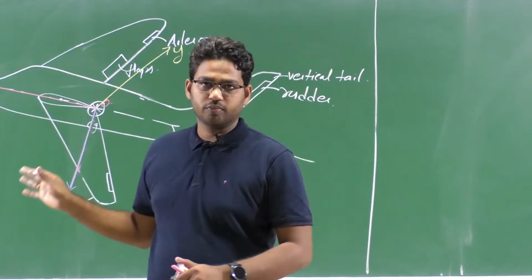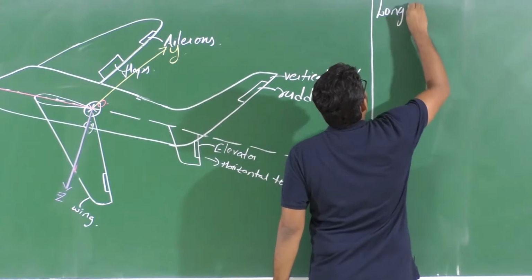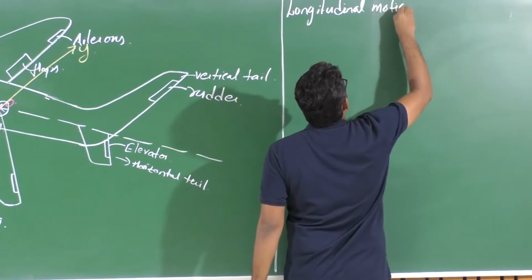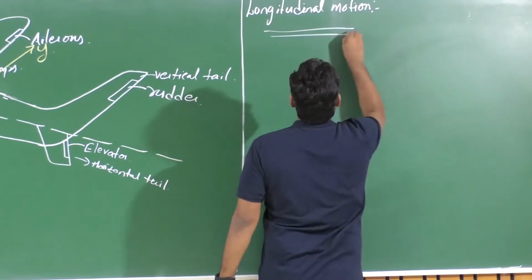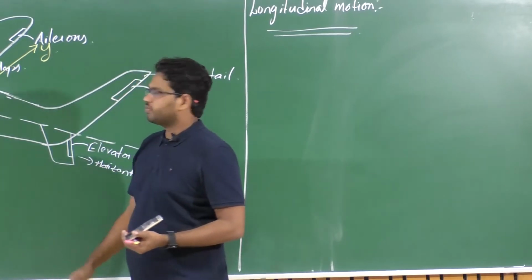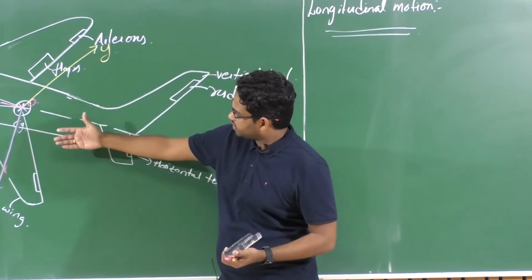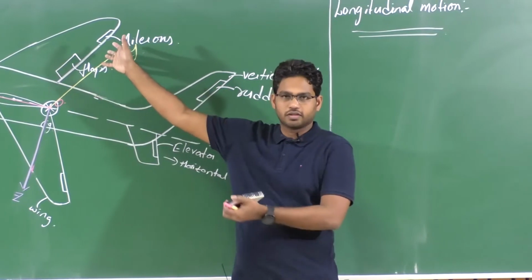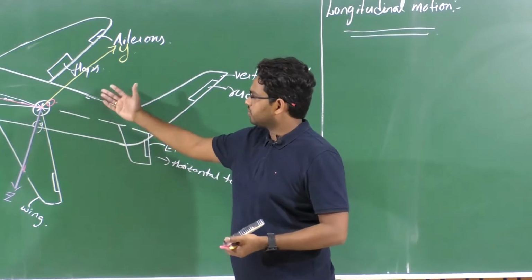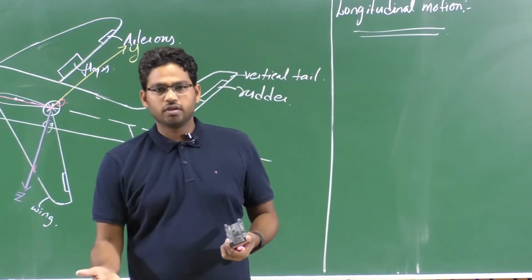So we have defined aircraft motion in two modes. The first one corresponds to longitudinal motion. You can also say this is a single plane motion, right? So for an aircraft or a UAV, we assume there exists a plane of symmetry. What exactly is it? We have a vertical plane about which the geometry, though it doesn't look symmetric here, but in reality we have geometric symmetry about that vertical plane as well as symmetry in mass distribution.